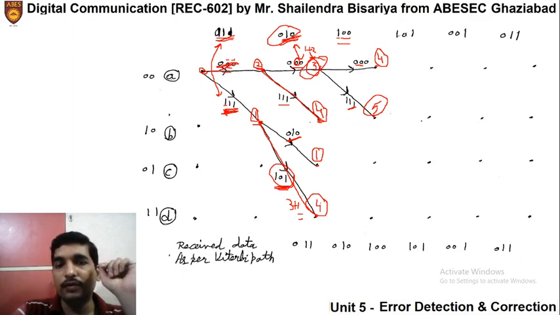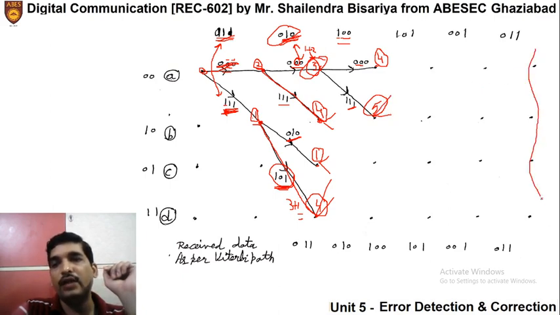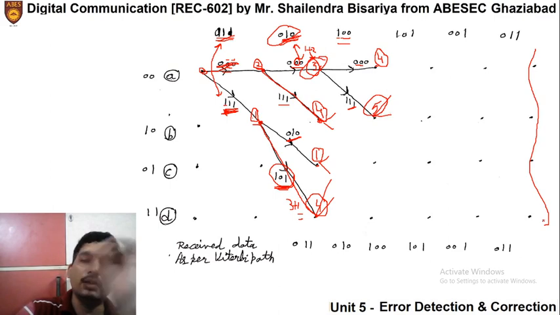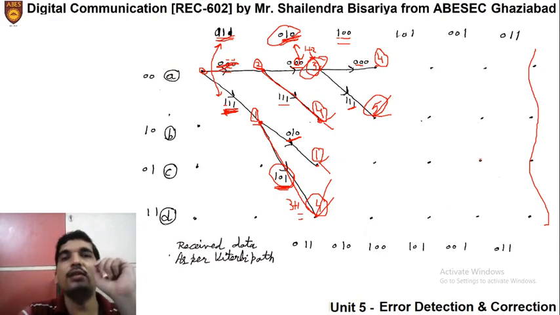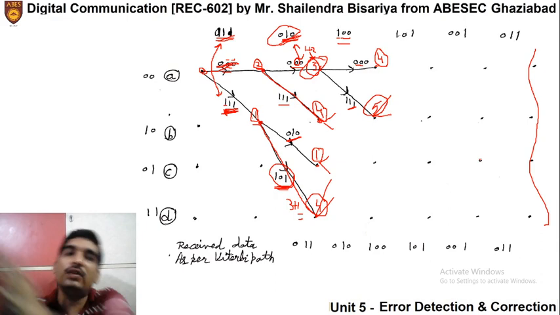Then we will further process where it will go from here, where it will go from here, where will it go from here, right? And continuously we will do till last, and we have to find out the Hamming distance for each and every case. Now you will say, sir, it is too much lengthy. However, it is simple, but it is too much lengthy. Yes, it looks too much lengthy, but we need not do all calculations.